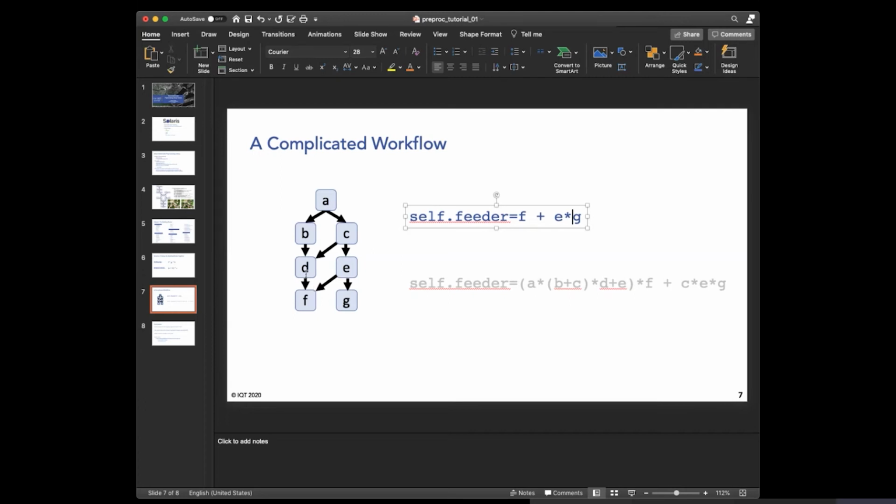Well, it gets its input from two places, D and E. So the thing to the left of its star isn't going to be one variable or one object. It's going to be both of them. And if F cares about the order of its two arguments, which most of the classes do if they require more than one, then I do want to get the order right here. So maybe it needs to be E plus D, just depending on which of these classes make which arguments for feeding into F. Okay, so at this point, I've explained the input of G, I've explained the input of F,